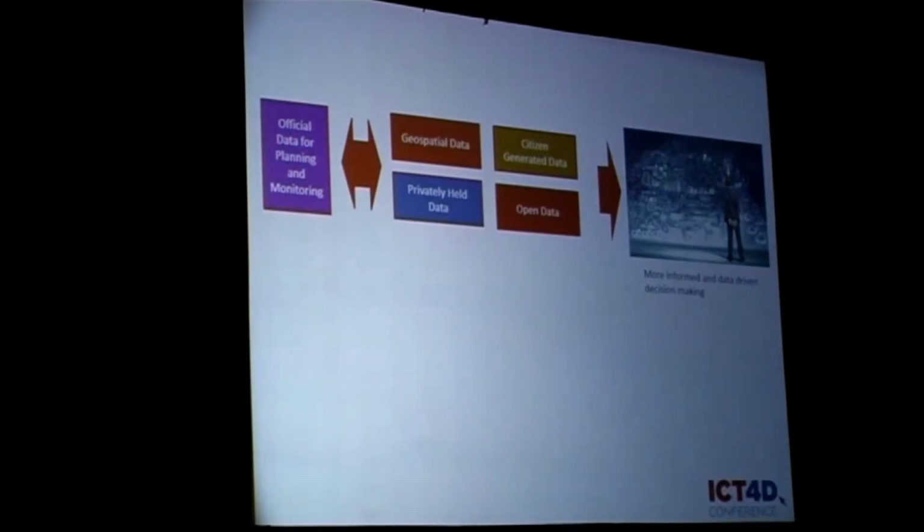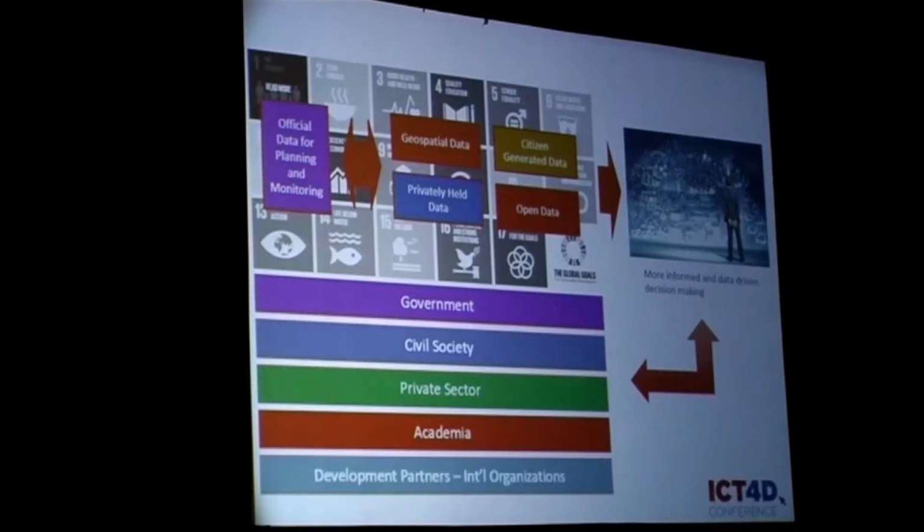So I just want to conclude by coming back to this initial slide, because I think what we're really trying to do is, when we're thinking about reporting and monitoring versus data for action and decision making, all these different types of data sources that are now available and all the different sectors that really need to be involved in order to make that happen. There's obviously the technical issues that every country and stakeholder is facing, but by far, one of the key barriers is really the institutional